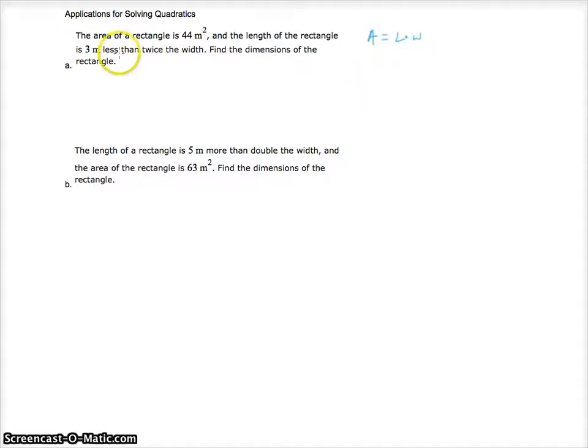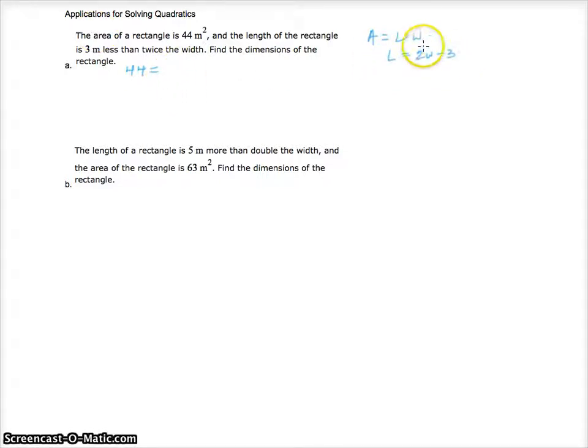And in our word problem, it says that the length of the rectangle is 3 meters less than twice the width. So L equals, it's 3 less than twice the width, so twice the width means 2W, and then 3 less means minus 3. So L is 2W minus 3. Now what we can do is I'm going to use substitution. So since I know the area is 44,